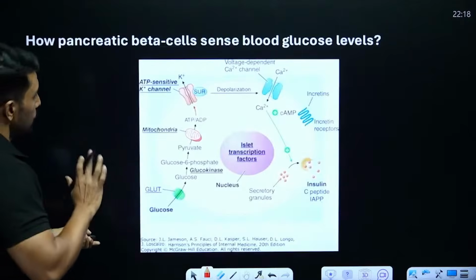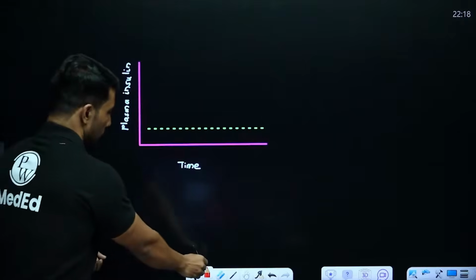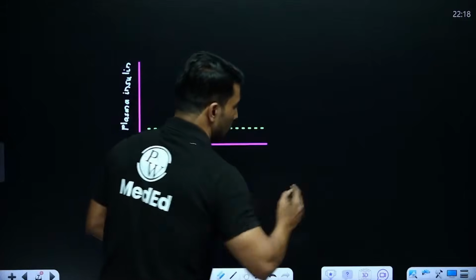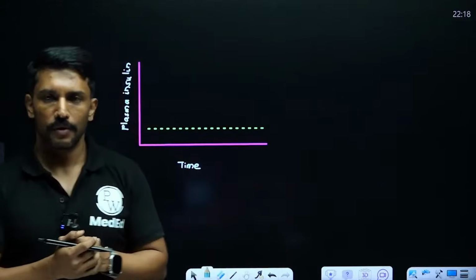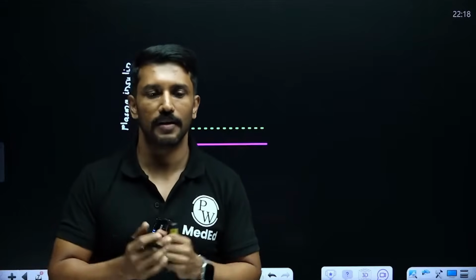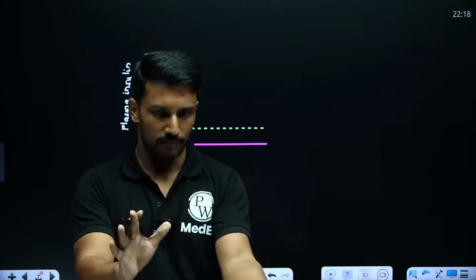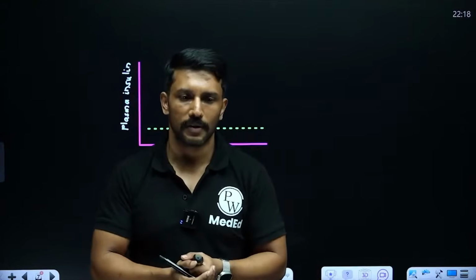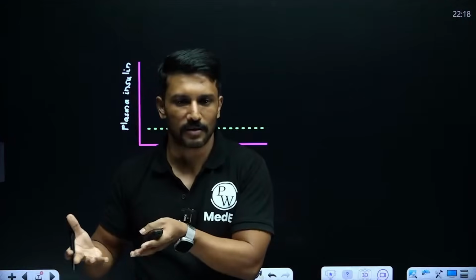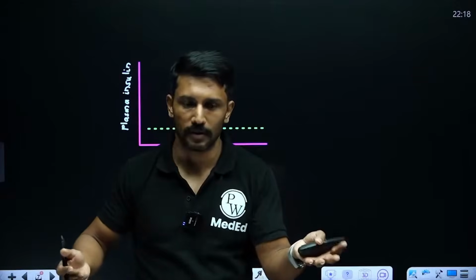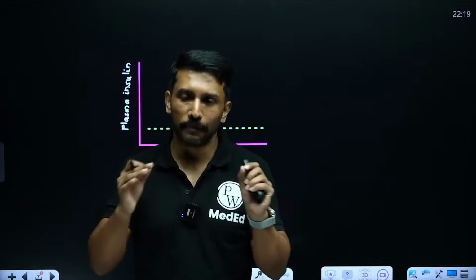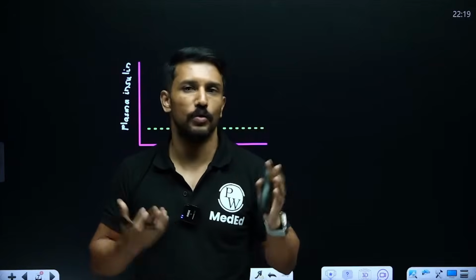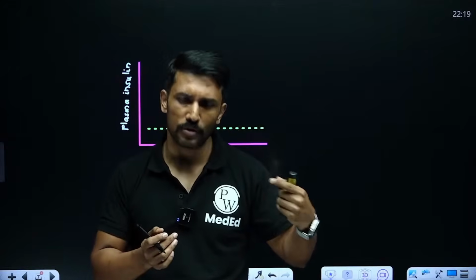Okay, so there's one important point to note. Do you think insulin secretion only happens after I have taken food, or is it constantly being secreted? To be very frank, I had to skip my dinner because I got stuck in traffic. I was supposed to finish the class between 7 and 8 and then have my dinner. Now I am not having dinner. So if I check my insulin levels right now, will they be undetectably low because I have not taken a meal? Or is my pancreas still going to continuously produce insulin?